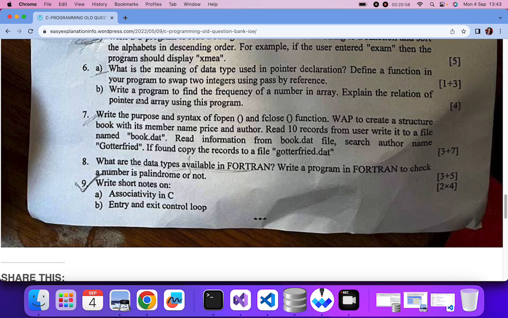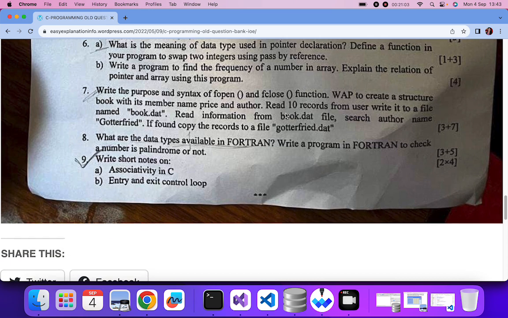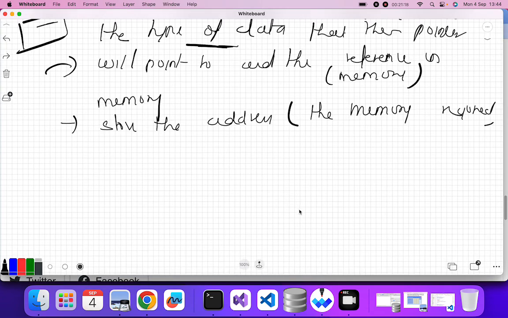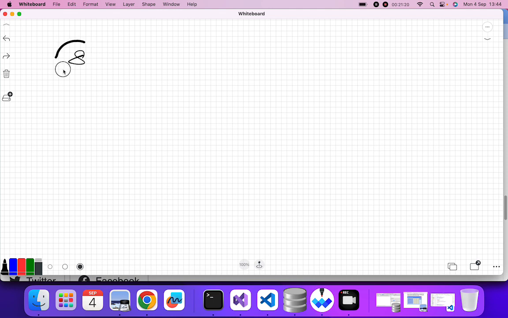Now what are the program to find the frequency? So this is the program, question number 7. It is also a program question. So the next question is from Fortran. The question is, what are the data types available in Fortran? So it is an 8 marks question. The various data types available in Fortran are